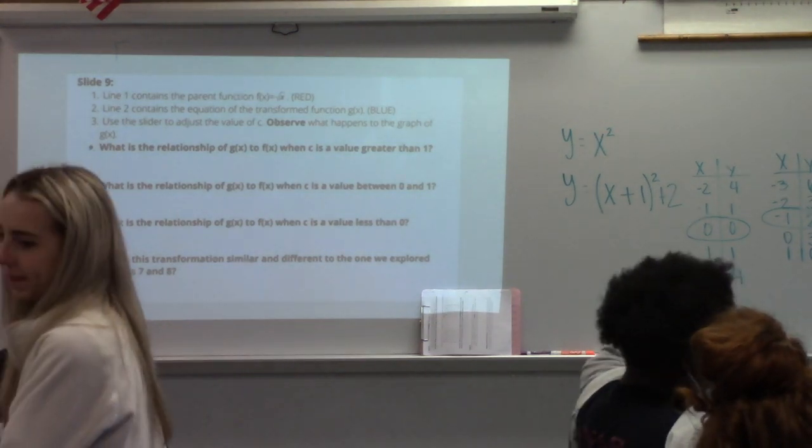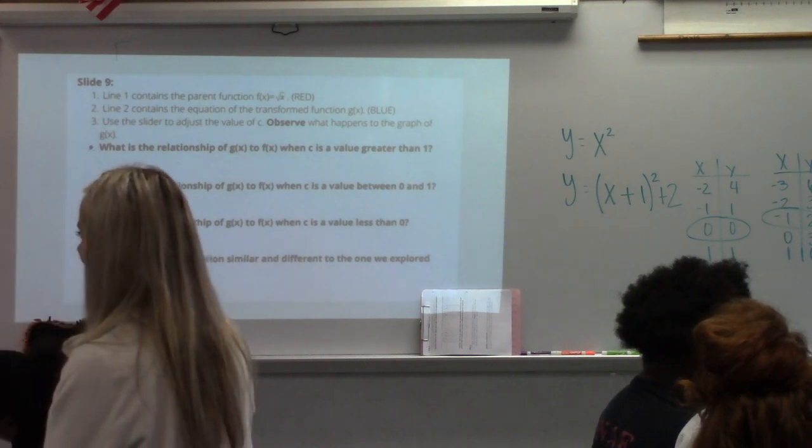So all those points that were off to the right were used to get further to the